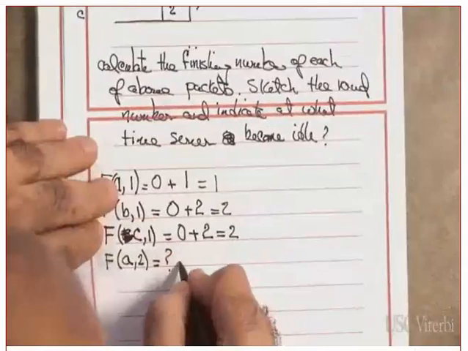C1. Yes? When will he start service? 3. By the way, in the GPS, did they start simultaneously? They started simultaneously. Are they simultaneous here? No. So when will he be finished? Agree? The A2. When will he start? 5. When will he end? 7.